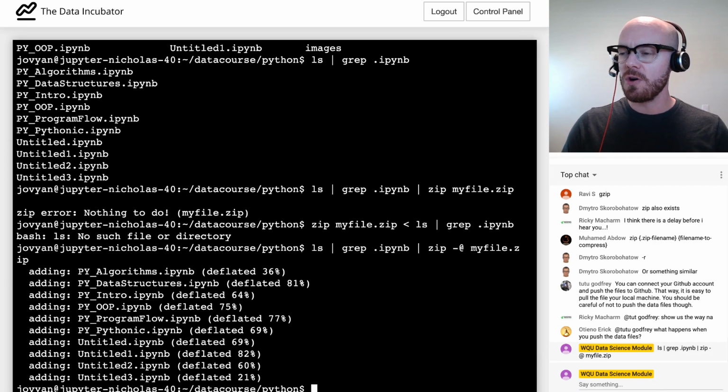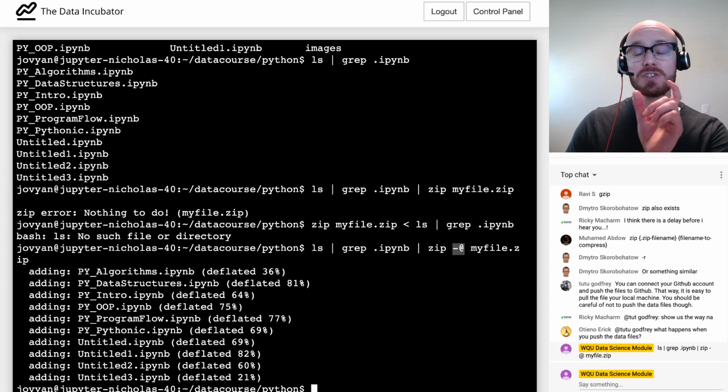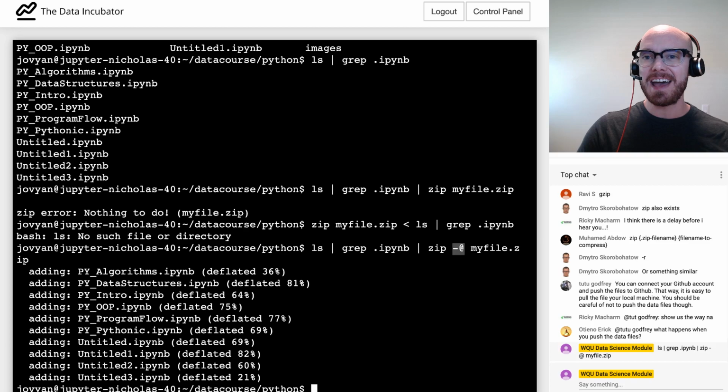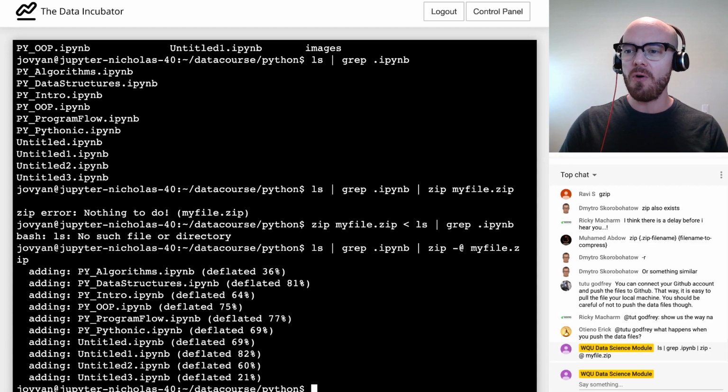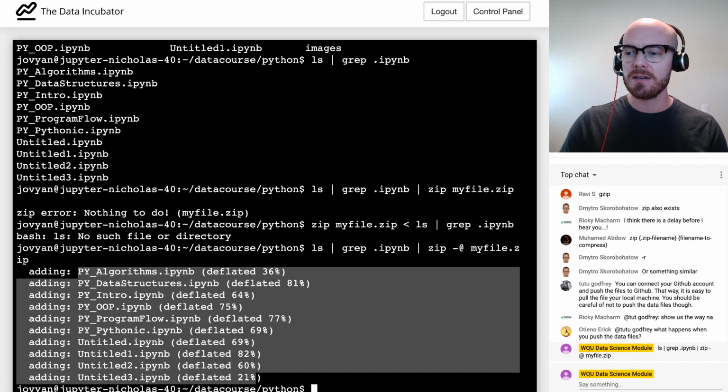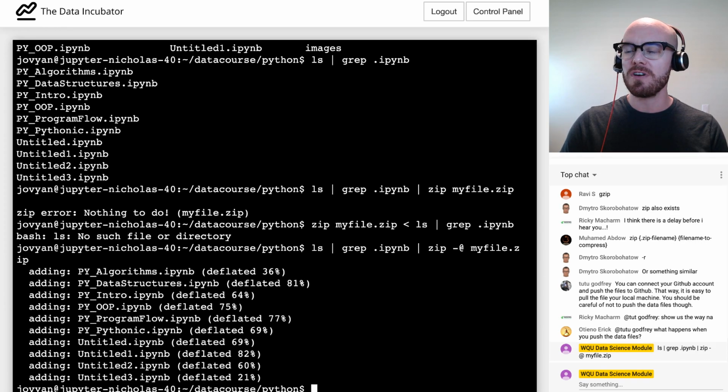Okay, so what I have is I start with ls, and then I chain that to grep, and then I chain that to zip. And I put a placeholder, which is the dash arroba sign, and that will zip up all of my IPython notebook files.